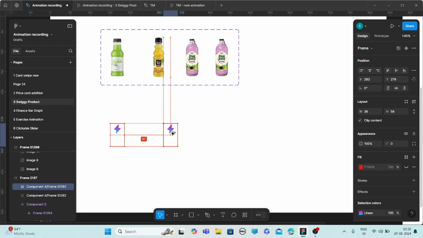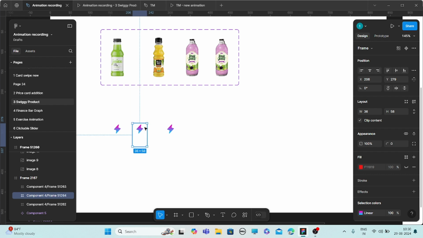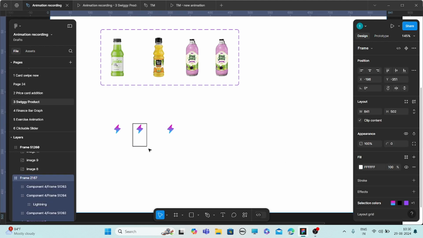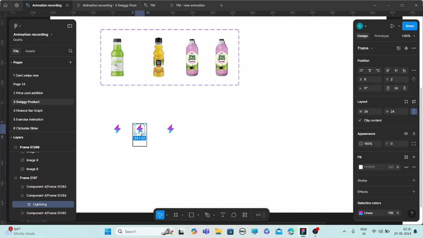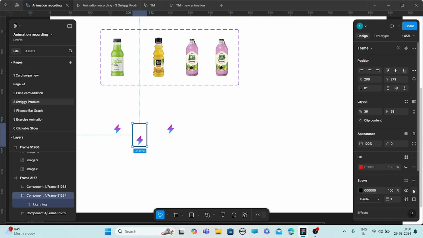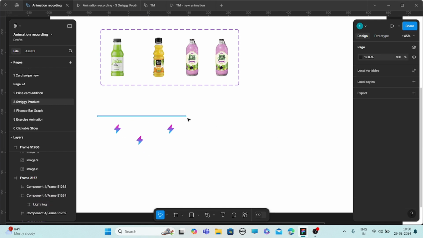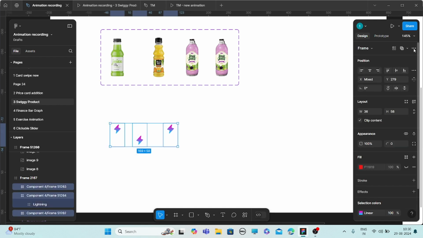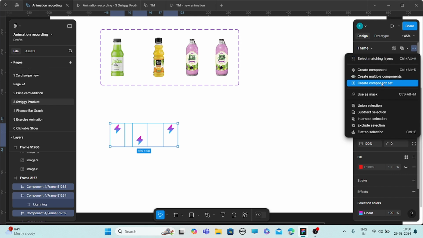First we'll copy this here, and for this middle one select only the icon part, and first for this frame add a stroke, and for this, take this icon down. Okay, now we'll remove this stroke from here. Select all of this and take them into a component set.